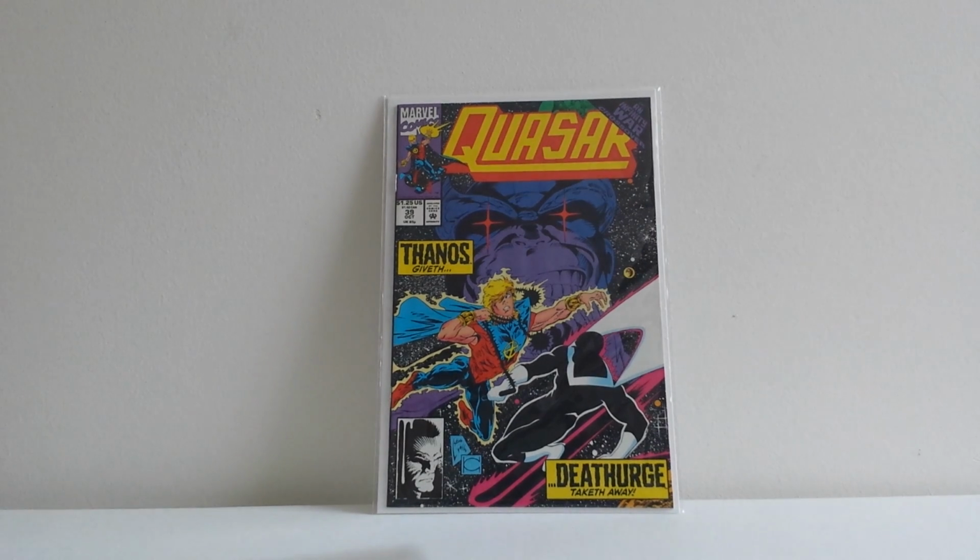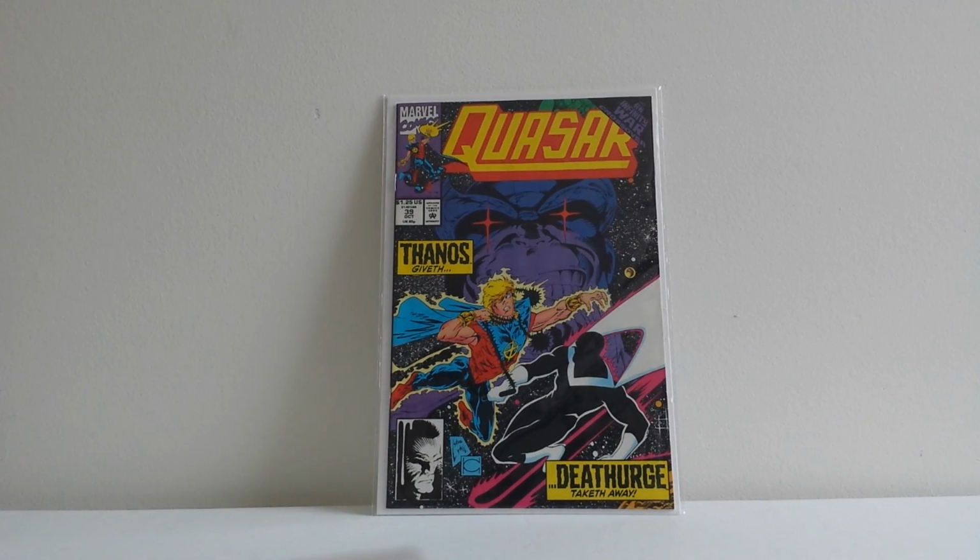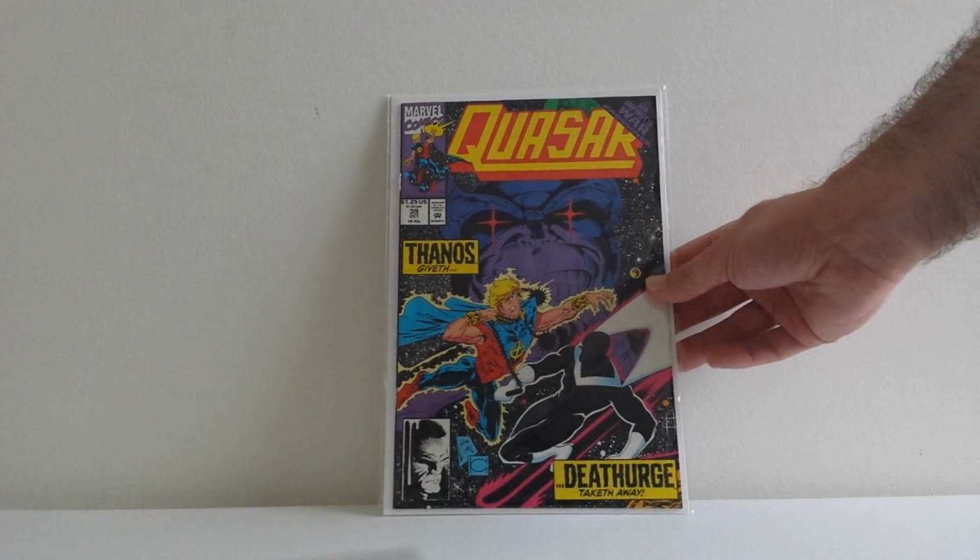And I also got Skull the Slayer, number 8. Can't beat that. And last but not least, I think this was $1.50, I believe. And it's Quasar 39 with Thanos. Greg Capullo cover with Steve Lytle. Doesn't get much better than that. Alright, next up here,